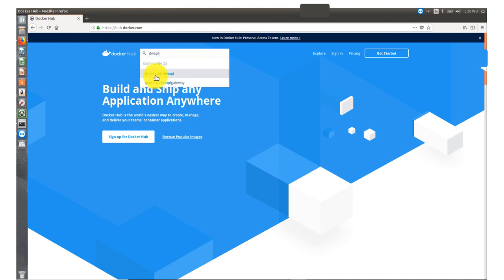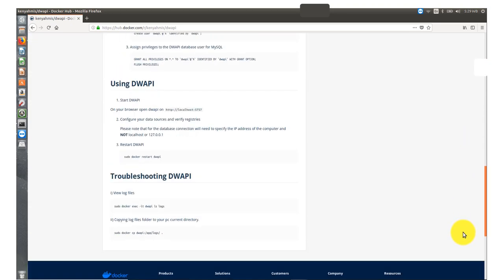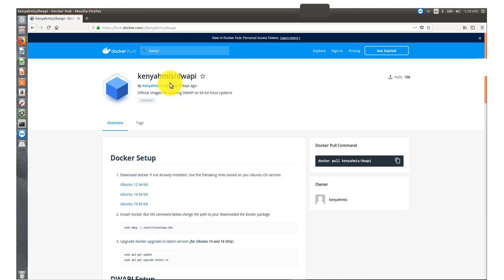You will see Kenya HMIS/DWAPI. Select it. You will then access the SOP on how to install Docker and how to set up DWAPI on Docker. Once on the Kenya HMIS DWAPI page, move to the Docker downloads and select Ubuntu 16